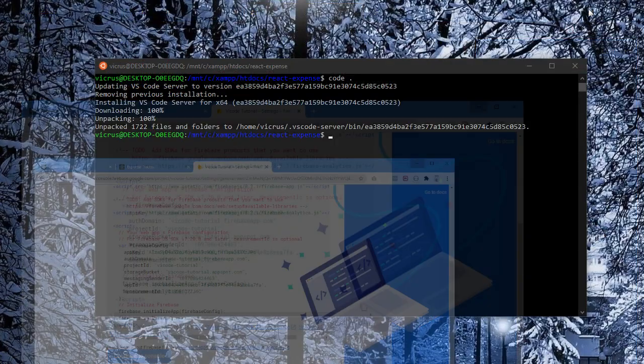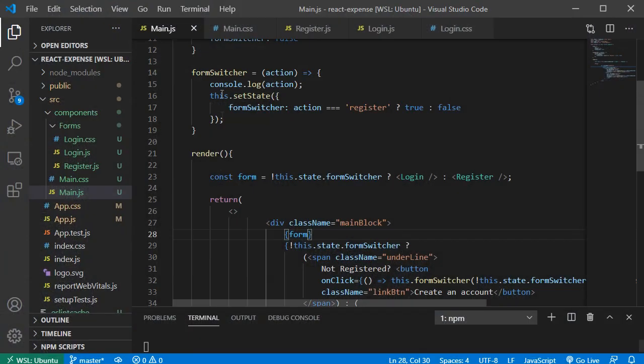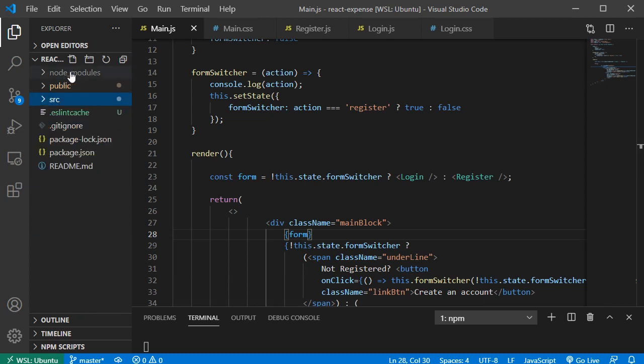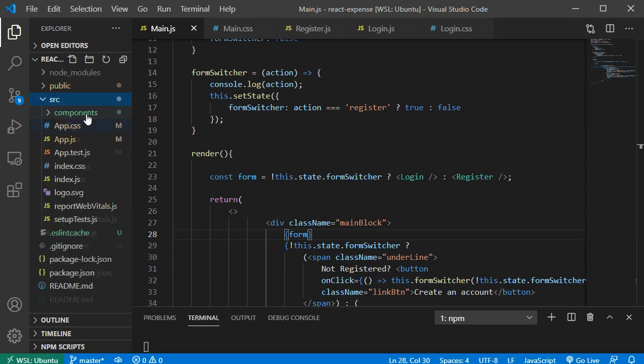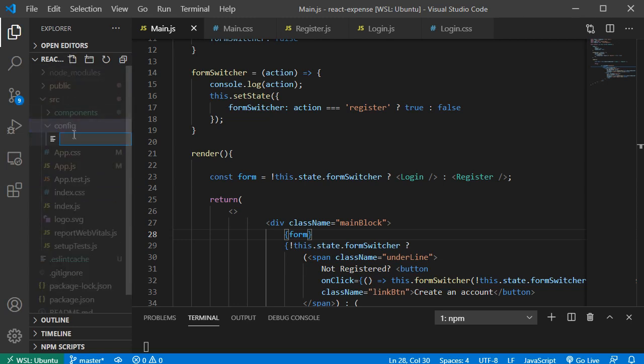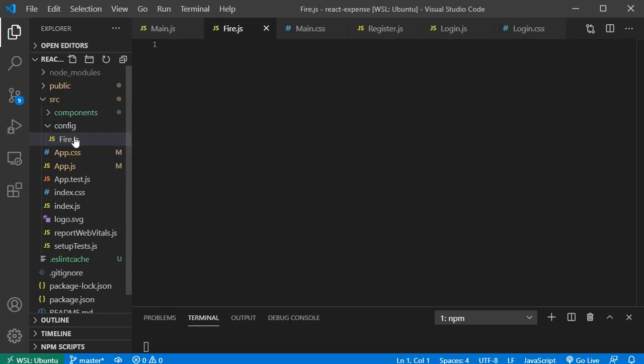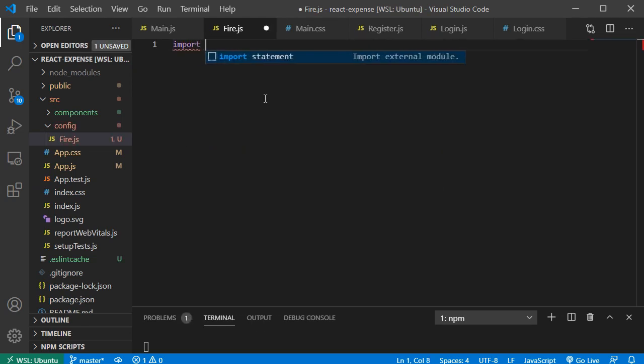So now let's go back to our app, and in the source folder, let's create another folder, and let's name it config. And here let's create a new file, and let's name it fire.js. And now in this fire.js we want to use the configuration. So first of all, we should create a component, and we'll create a normal component, import